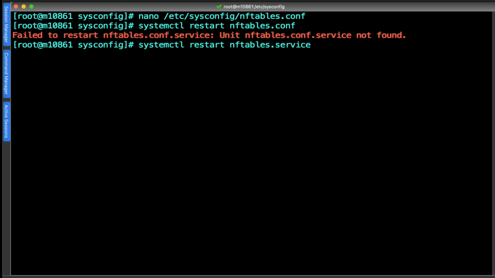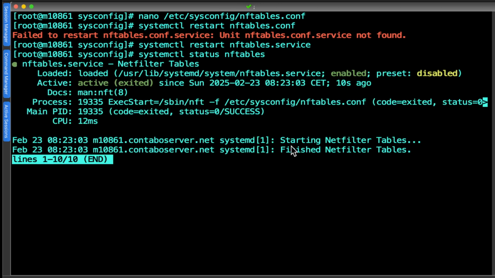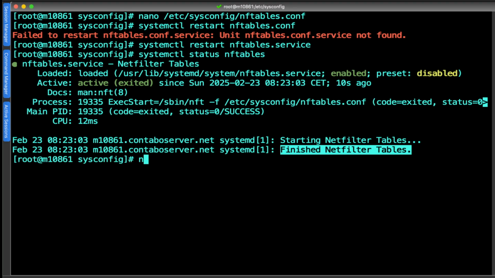Not sure why. Okay, you can also use systemctl status to check whether it's okay. If there's any error, there's no error. So you should see the nftables starting, and then it finishes the nf filter table. Now, if there's any error, you can use the journal logs to look at the error. But now if I look at the nftables,